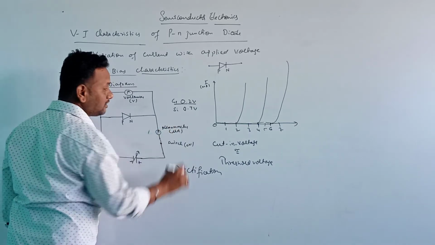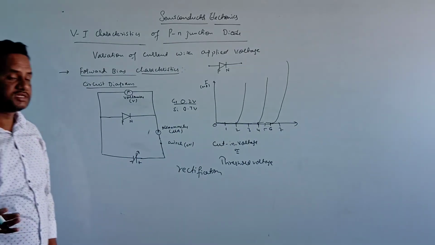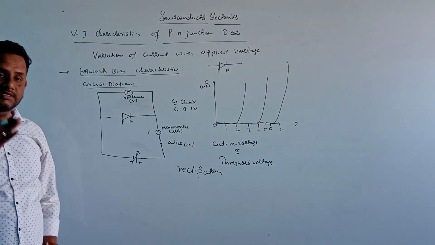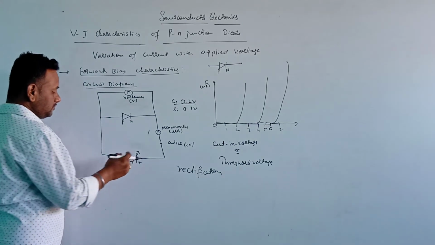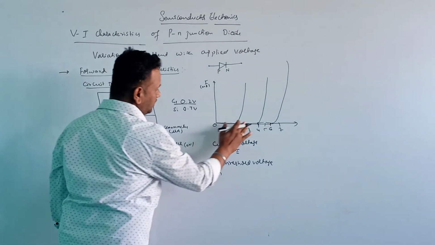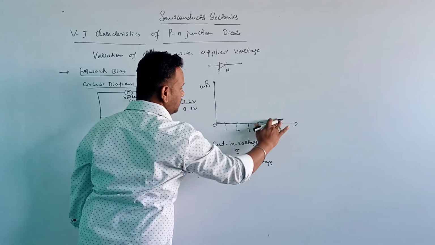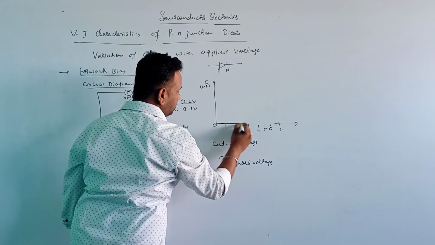Because in this the resistance is very high, as we discussed in the last class. In the reverse bias, the resistance is always very high. So when I go on increasing the voltage here,